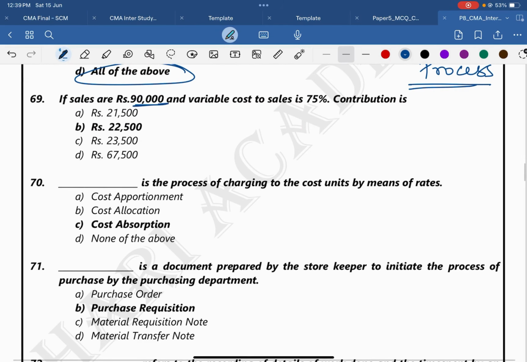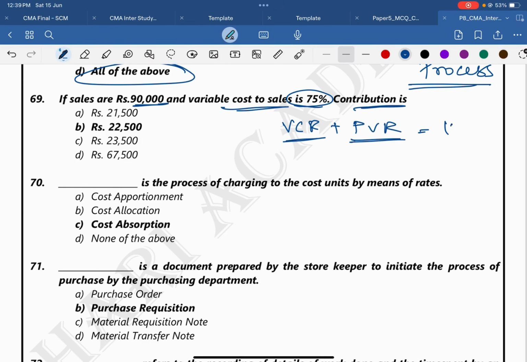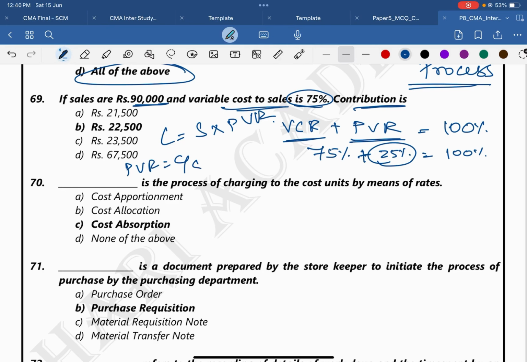The sales is 90,000, variable cost is 75%, find the contribution. You know one thing, VCR plus PVR: variable cost ratio plus profit volume ratio is equal to 100%. The variable cost ratio given is 75, so the total should be 100. Then my PVR is going to be 25%. To find contribution, sales into PVR is another formula for contribution. You know one thing, PVR is equal to contribution by sales. If I need the contribution, I simply cross multiply. So by applying this formula,